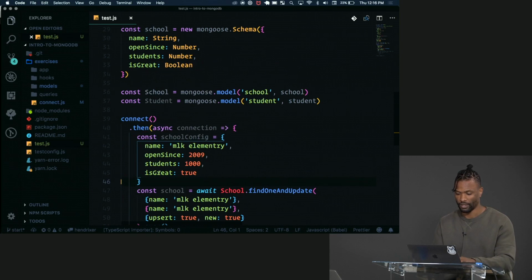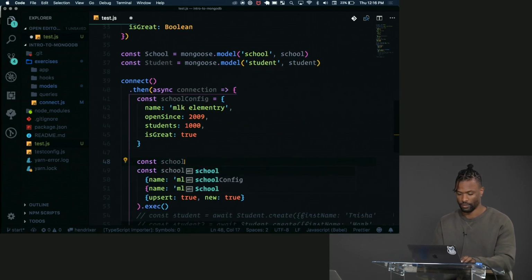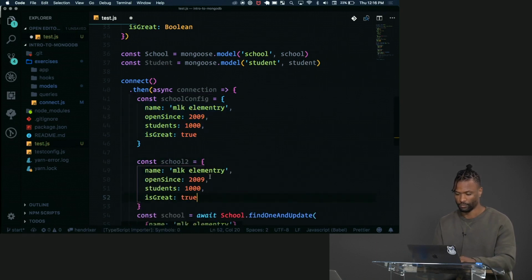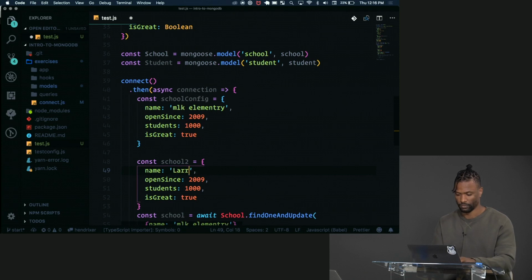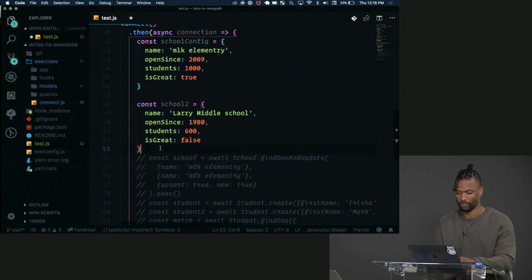Cool, so now that I have one school, I'm going to make another one, which is basically the same thing with some small differences. Larry Middle School. I'm sure there's a Larry Middle School somewhere. And this was open since 1980, has 600 students, and it's not great. So what I want to do, and actually we do got to get rid of this for a minute, is